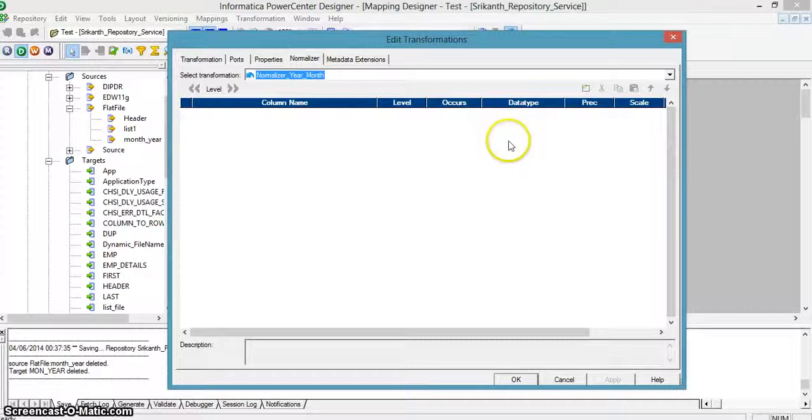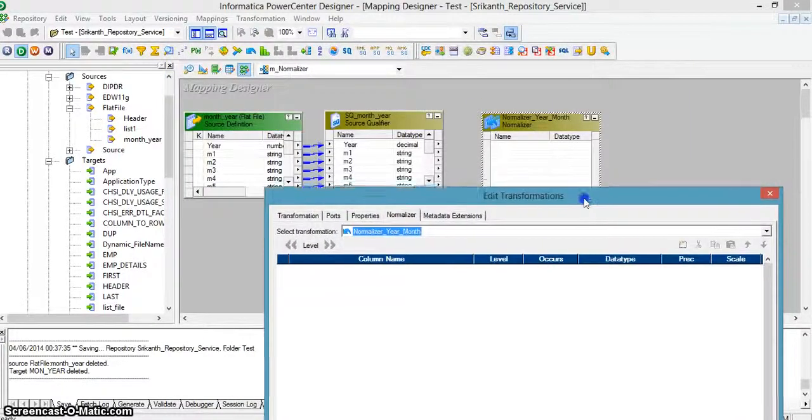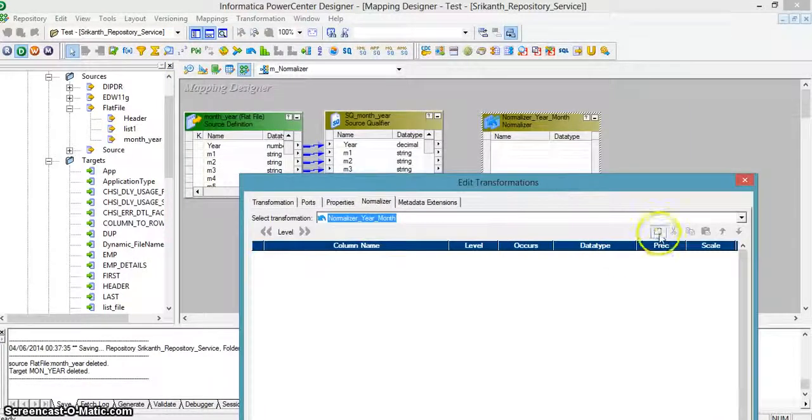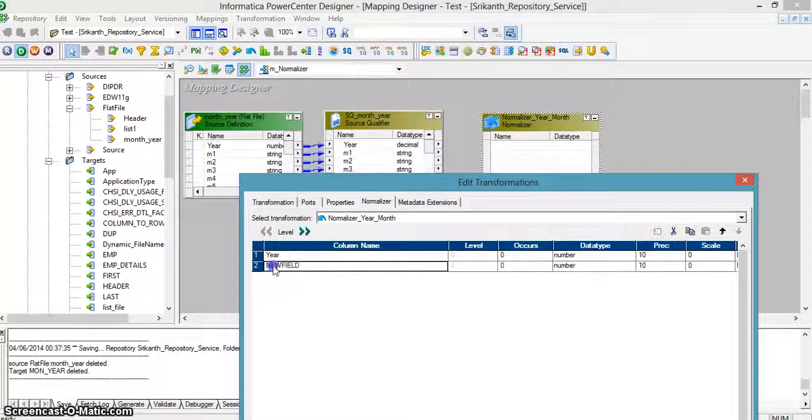In the normalizer tab we do not have any fields, so I am creating a port for year, with occurrence 1, and another port for month, with occurrence 12, for the 12 months.